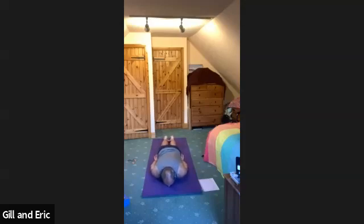So we'll just change our focus to the front of the body. We're going to just peel the shoulders and the chest off the mat and look forwards and upwards slightly. Inhaling up. Breathing into it. Coming back down,